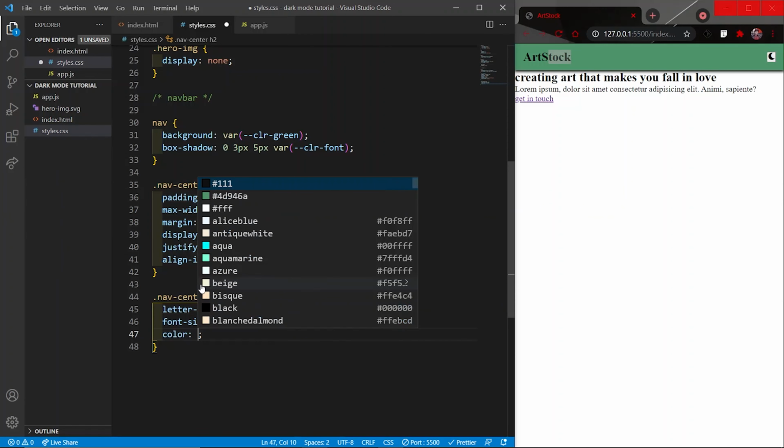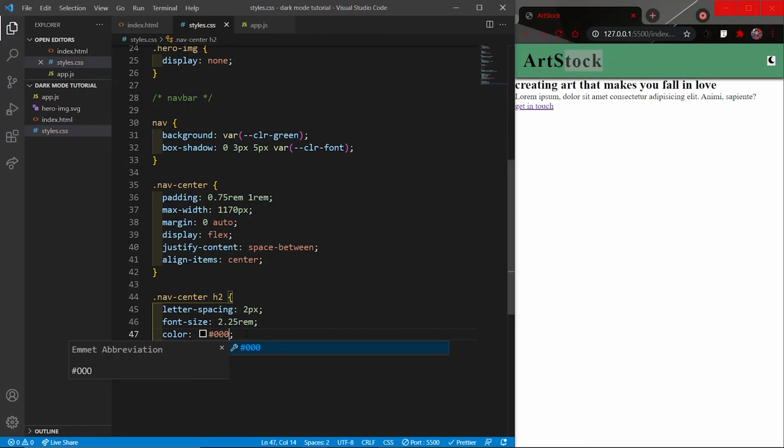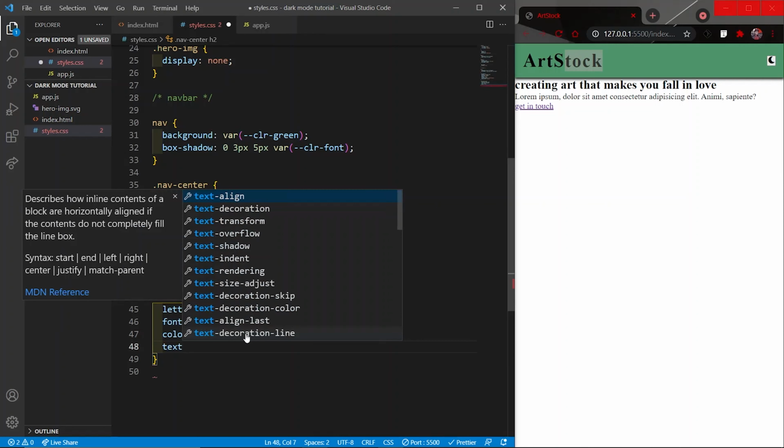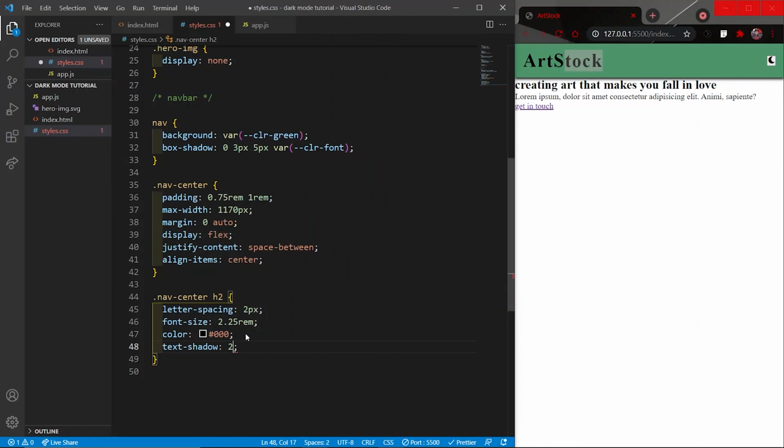The color for it will be black, and the text shadow will be of 2 pixels and it will have the color white. If I save, this is what we have.